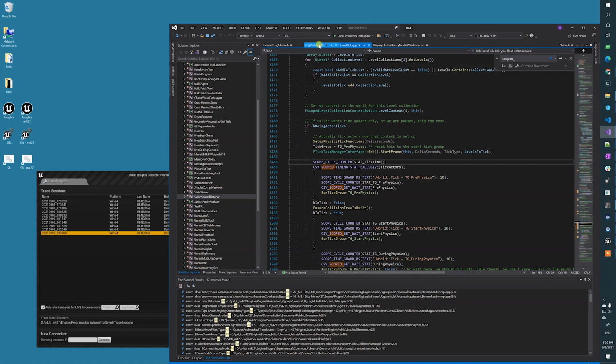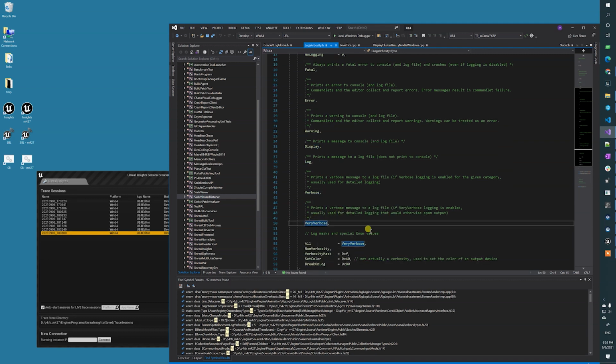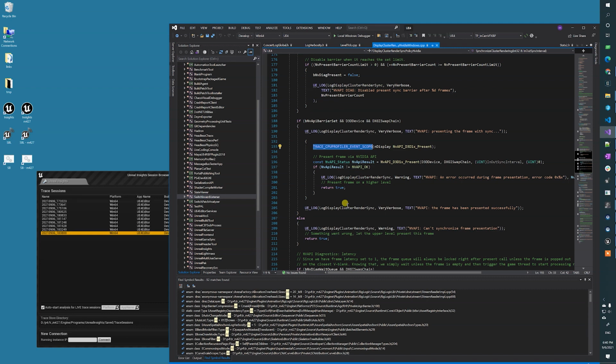The log verbosities are these. It can be fatal, error, warning, display, log, verbose, and very verbose. So, for example, there's a log here called render sync, and it's a warning, and it has some message. So if you say, hey, my verbosity for this sync when I run Unreal is warning or verbose or very verbose, it means that these are gonna show up. If we had something more like error on the verbosity, well, this one is not severe enough for it to show up. So that's what it would mean if we had that kind of verbosity when we launch Unreal.